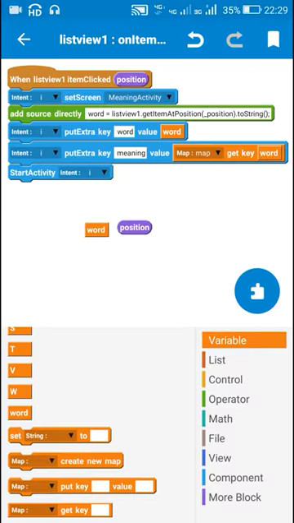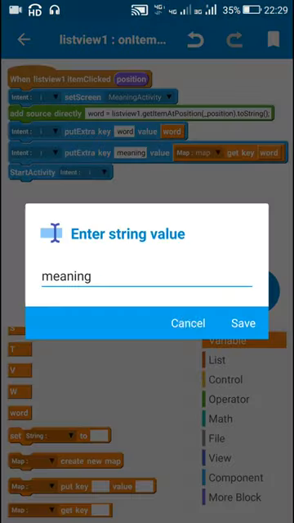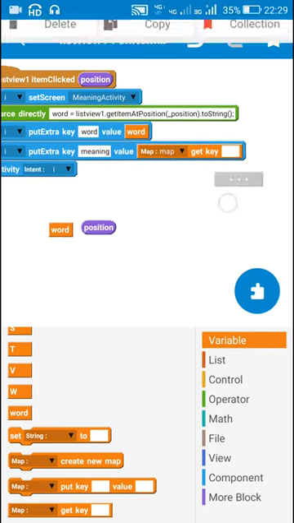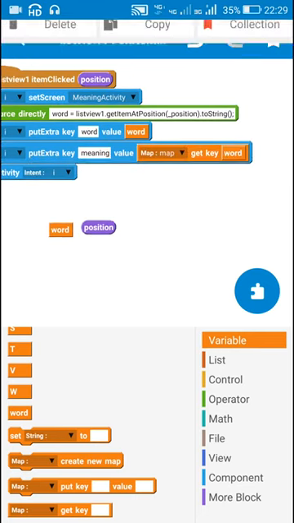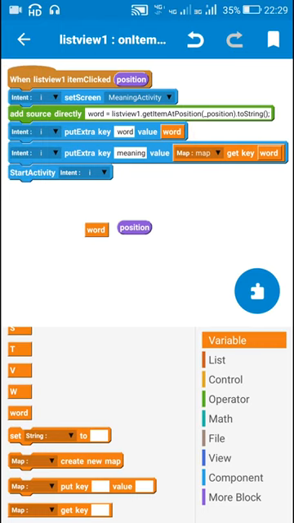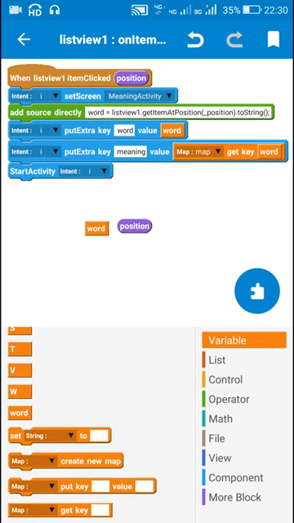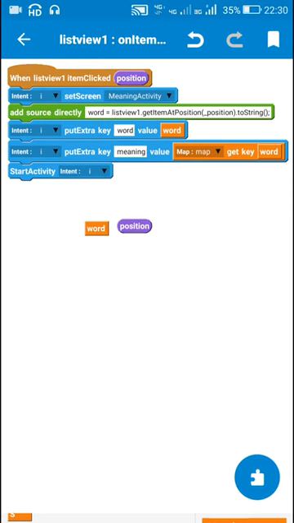Now I save this in intent using this key word, value word, and I use this key meaning for value map get key word. So both the word and the meaning are saved in these intent put extra key, and then I start activity intent.